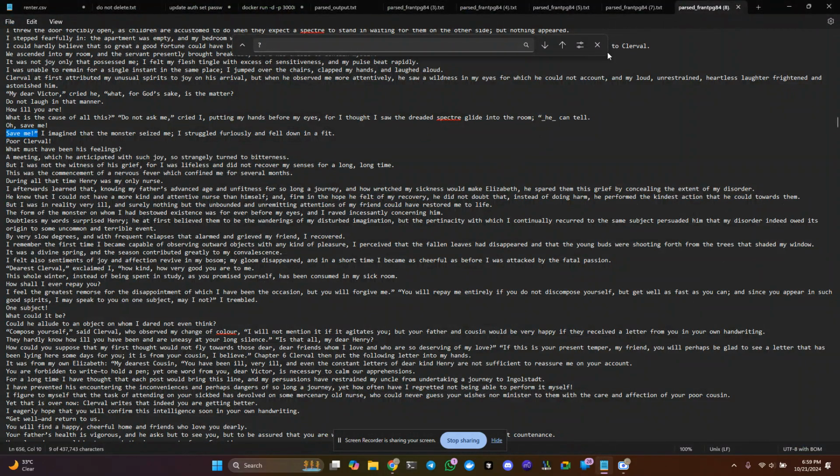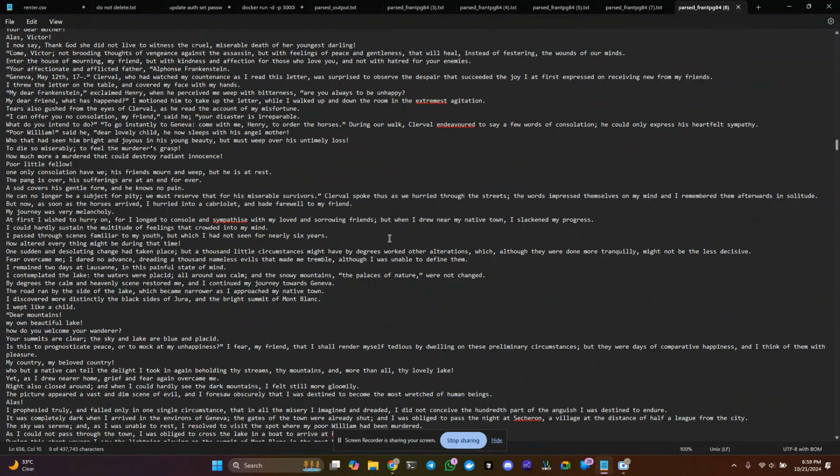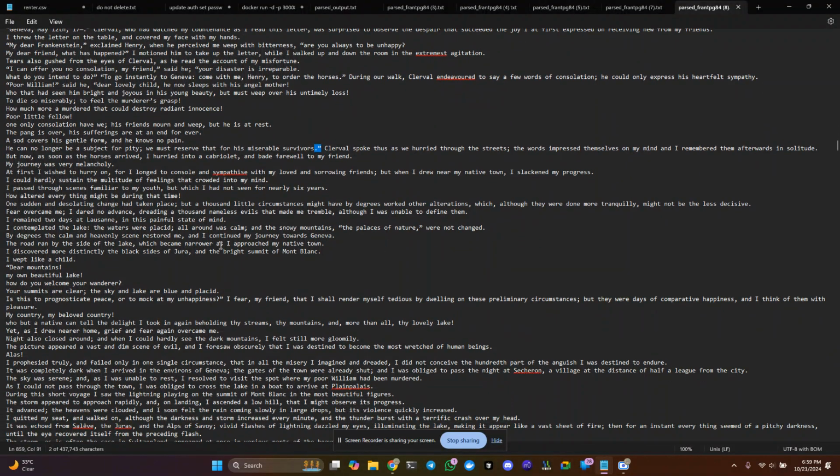You can see I'm on version 8. It took me 8 iterations to find the little things like this kind of punctuation where the quote marks actually should be separated from a sentence. I need to add that to the code, but I wanted to go ahead and share this now.